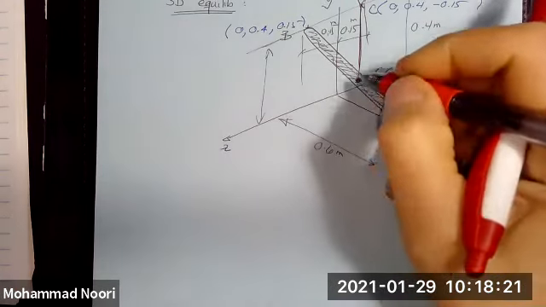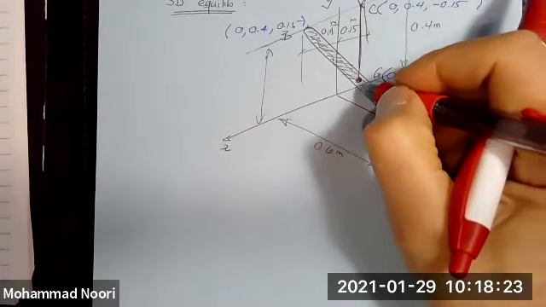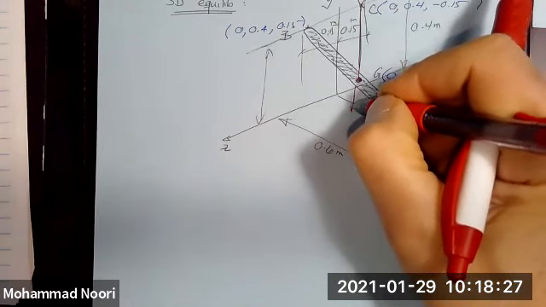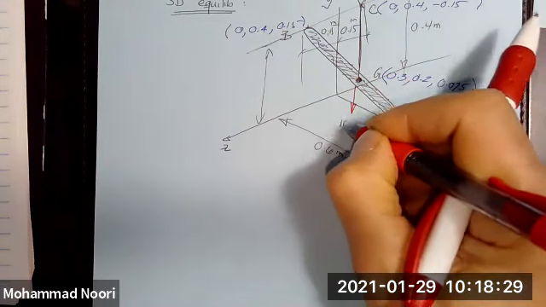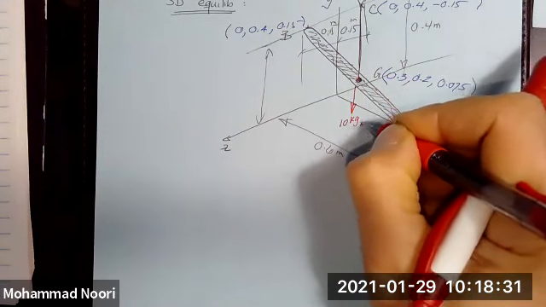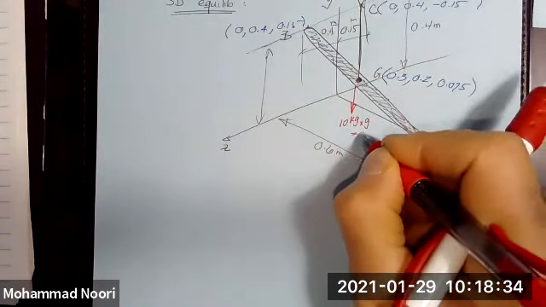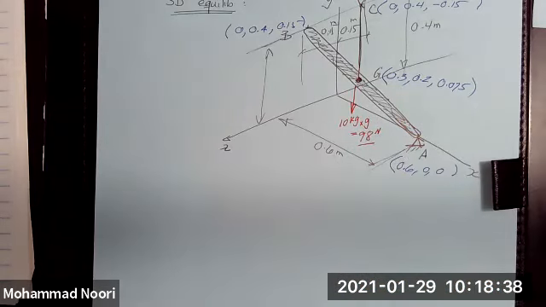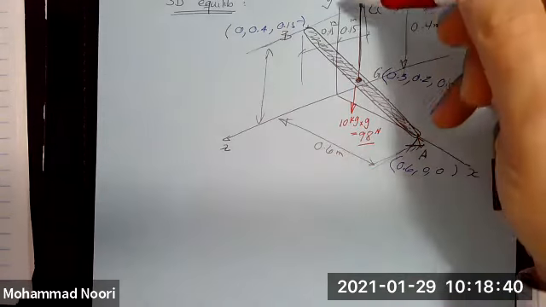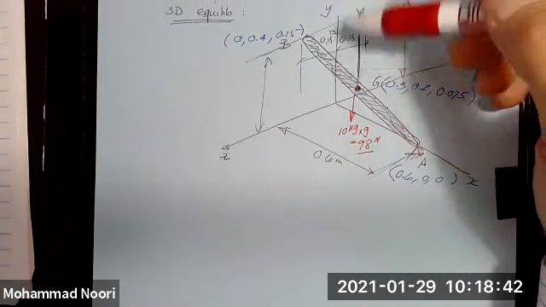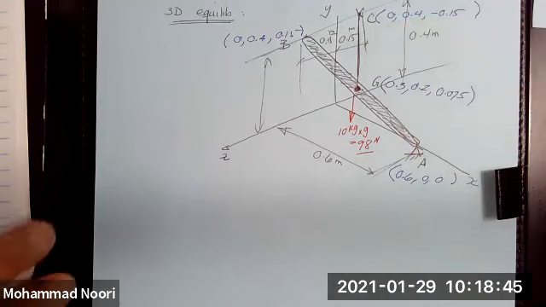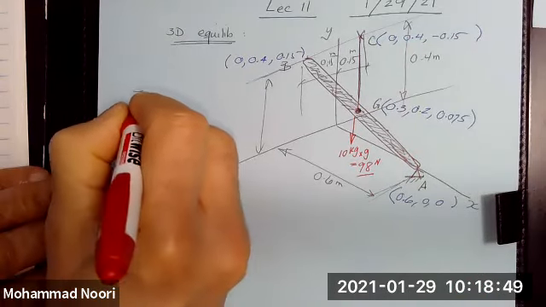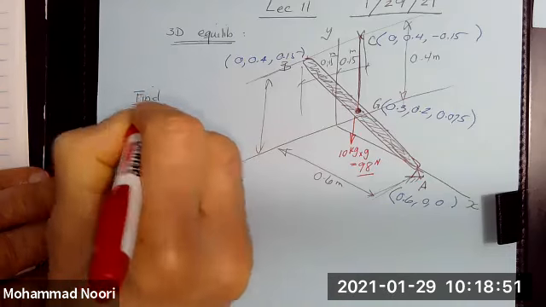The problem also states that this bar has a weight. Its mass is given as 10 kilograms. So this should be multiplied by g. So that's 98 Newtons. That's the weight of this bar, which obviously acts parallel to the y-axis. So the problem states this. We want to find,